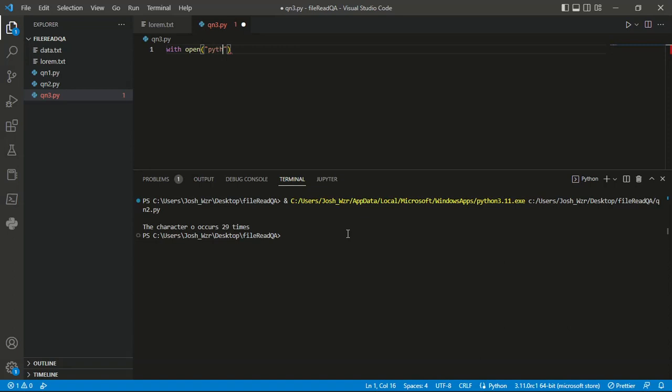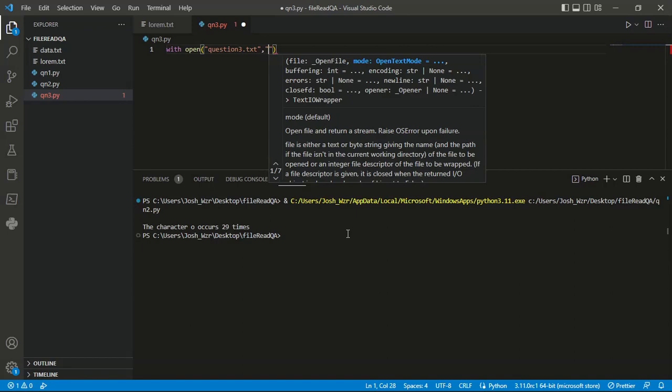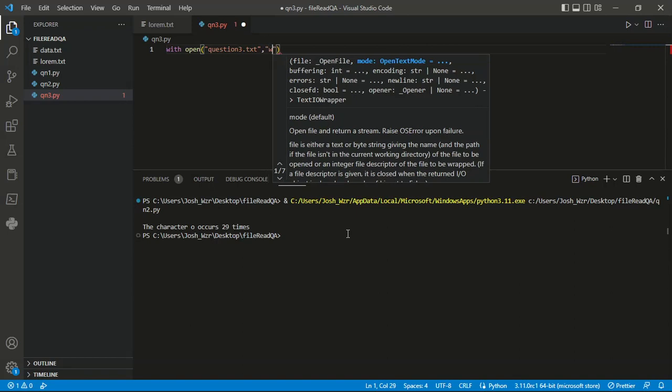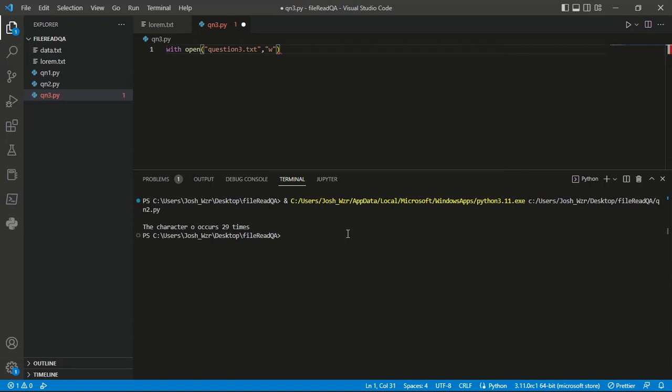Maybe Python. Maybe let's say question 3.text, and we give it, this time around, not the read function but the write, not the read argument, but with the write argument. So as my file,